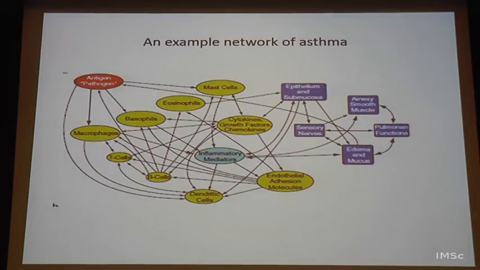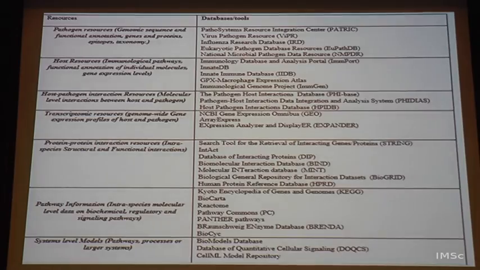This is an example network of asthma, for example. Here some nodes are cells, and some are protein molecules such as cytokines, growth factors and so on. This one is just to show you the connectivity that is out there. Eosinophils are triggered by endothelial adhesion, and that is triggered by cytokines, which come from mast cells and so on. So there is a big complement of interactions going on out there. And finally, inflammatory mediators come out. Depending on what sort of inflammatory mediators are there, it can influence the outcome of asthma. This model is built with networks, with Boolean modeling, and many other things, with many examples for asthma.